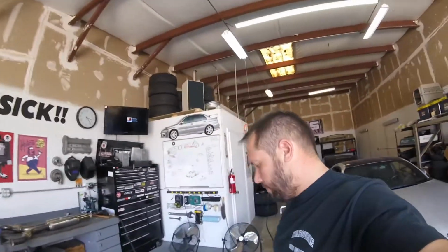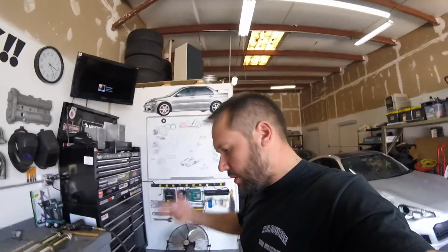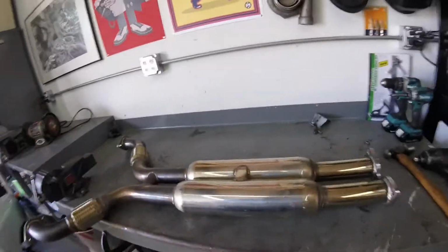Alright, made it back to the shop. I'm sitting around here for a little bit, just trying to go over in my head some of the things that I could be doing while I'm waiting to start building the chassis. And one of the things I thought of was starting to cut this thing up. This